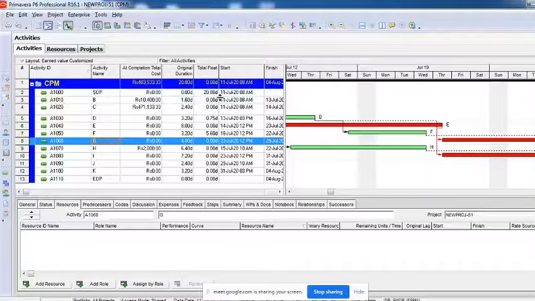Once the planning is completed, what next? The next step is executing the project. Now for that, what do we need? Before I start executing my project, I need something to compare against tomorrow. Because whatever I have planned, my client expects me to do it according to the approved plan.